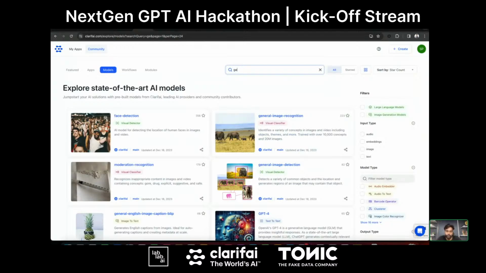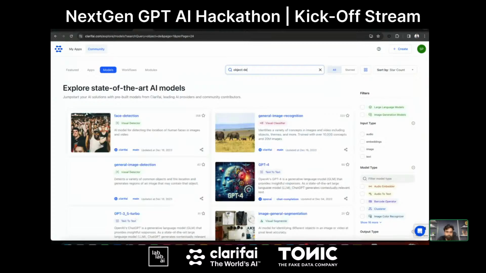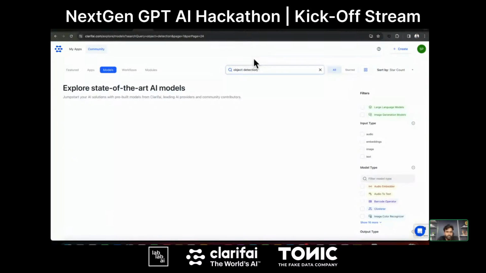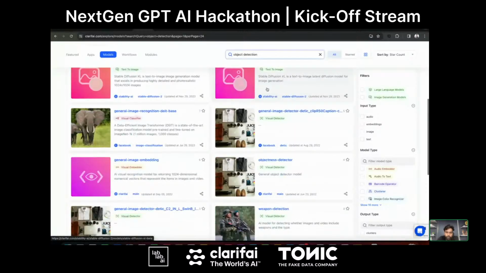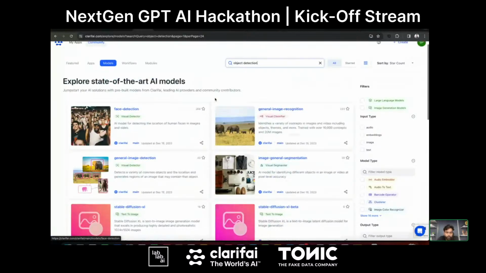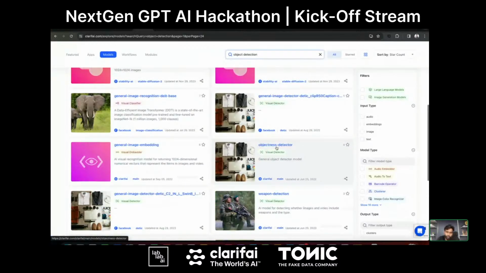I'm going to search for object detection. You can see there are different models that we have, and at the bottom you can see a model called object detector, and obviously there are other models as well that you can use.